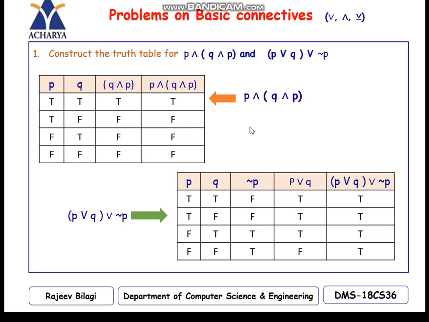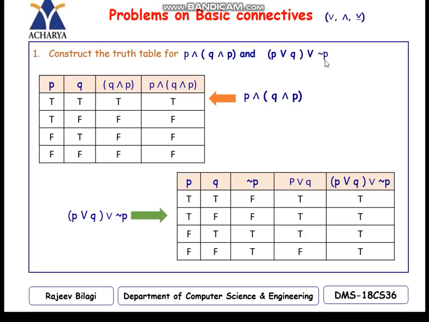The second problem, P or Q or negation of P. Whenever negation is there, then you write negation of it. Even if you don't write also, it does not make any difference, but there is some order. I will tell you later point of time. PQ, I have written all these values. PT, TF, FT, FF, I have written all this.